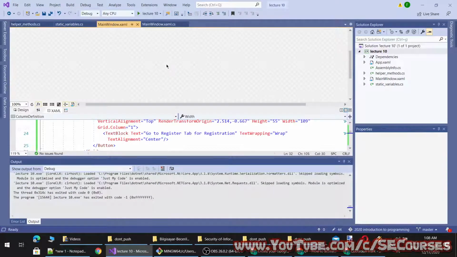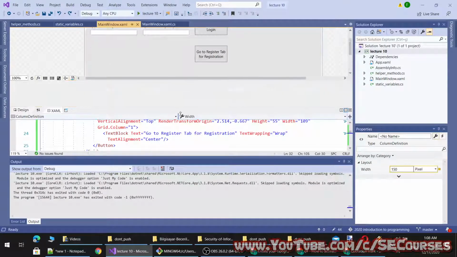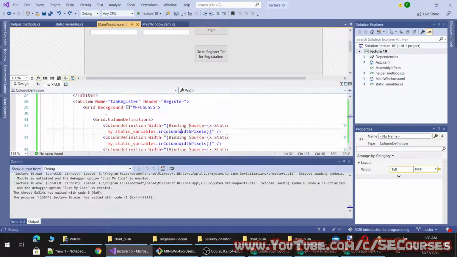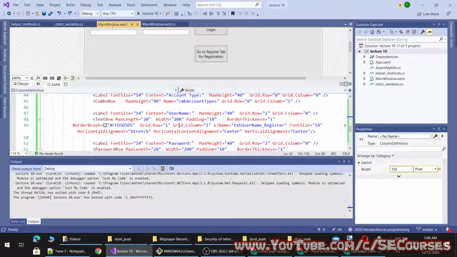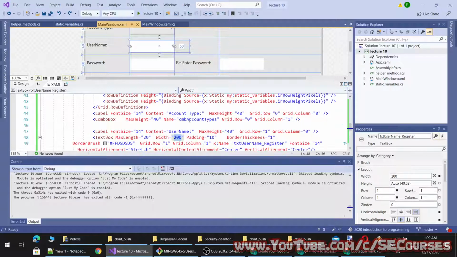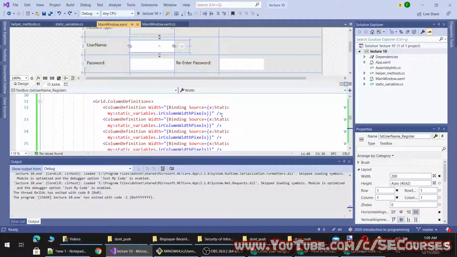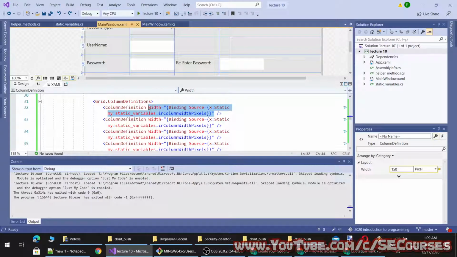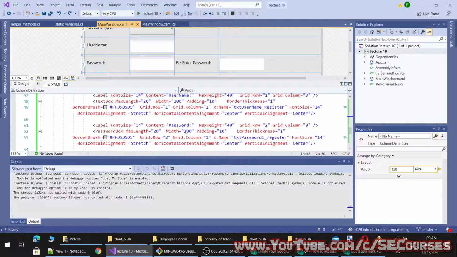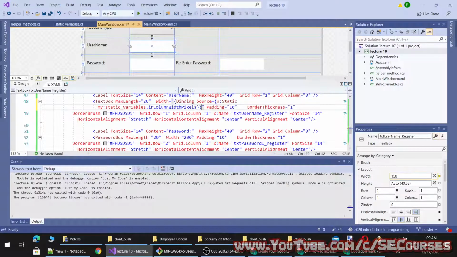Okay, it appears that our code is once again broken visually because we also have to change the values here. You see the importance of dynamic binding, because whenever I make a change, I have to change it everywhere if I don't use variable binding. Okay, so I'm going to bind these as well to my variables.